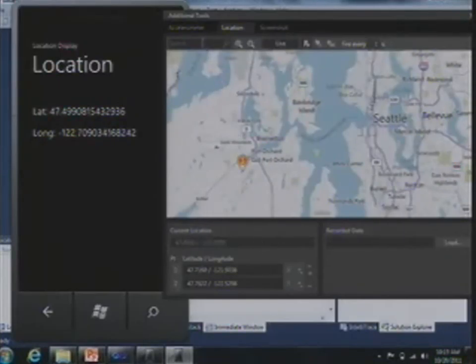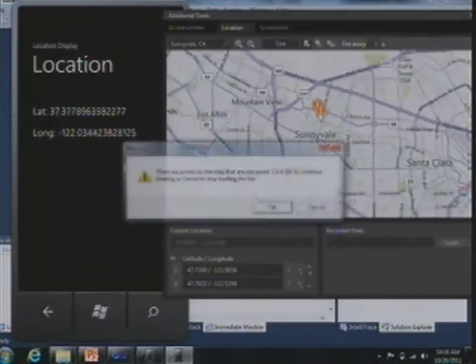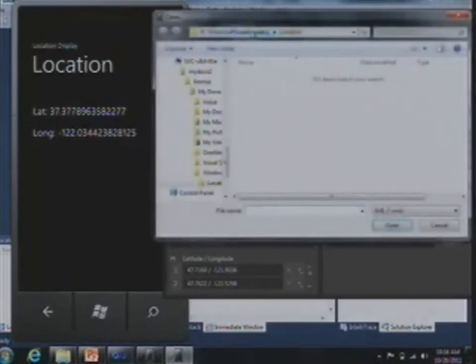So let's see if I want to go to Sunnyvale. There we go. And we're somewhere around here. So it'll update those into that. You can have it also save these points that you've loaded. And if I bring that up,